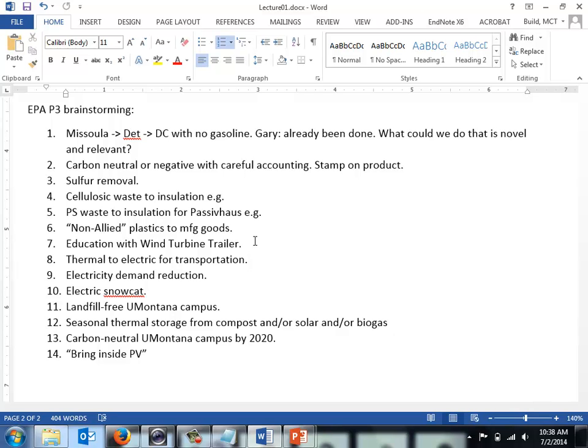Here again, it's thermal to electric for transportation. That's kind of a tough one. Whose was electricity demand reduction? Very big, I know. I was just trying to think of other sub-ideas underneath that, like kilowatt meters, demand reduction.